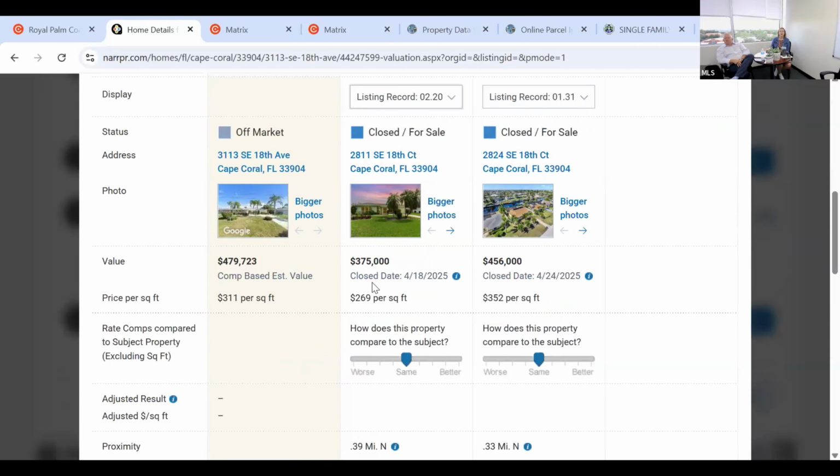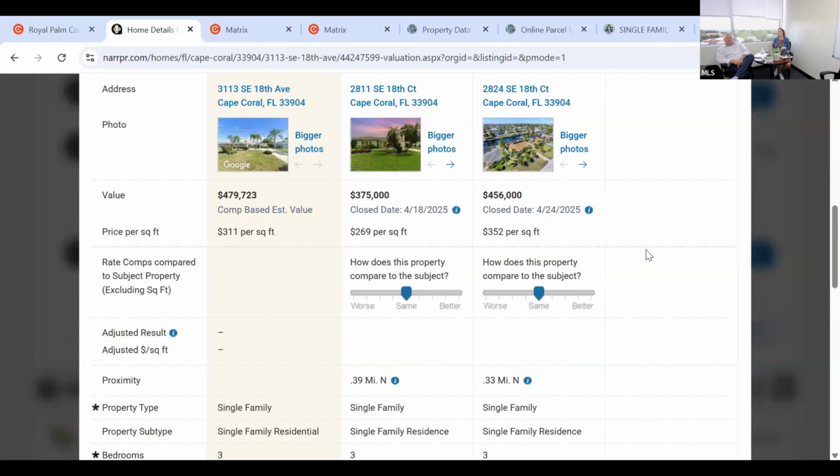Scrolling through here, you'll be able to see the photos all in comparison if it's been listed in the MLS. But this is everybody's favorite feature inside of RPR. It makes things less complicated. A lot of questions that we get here in the MLS is like, well, one's got a pool and one doesn't. How much money do I put in or take off for an updated kitchen or an extra bedroom? In RPR, they've really simplified it because it's just whether it is really close to the comparison or